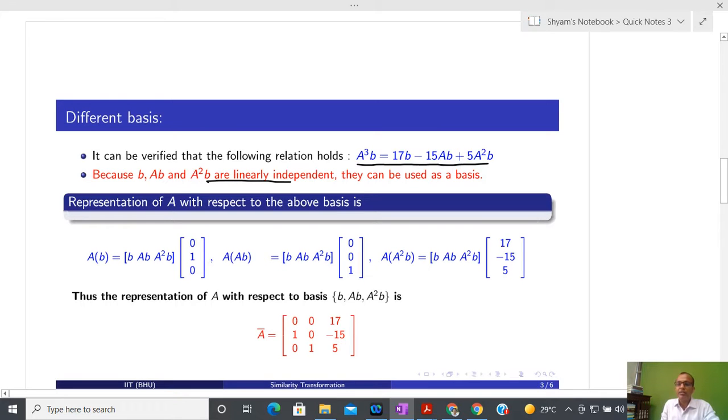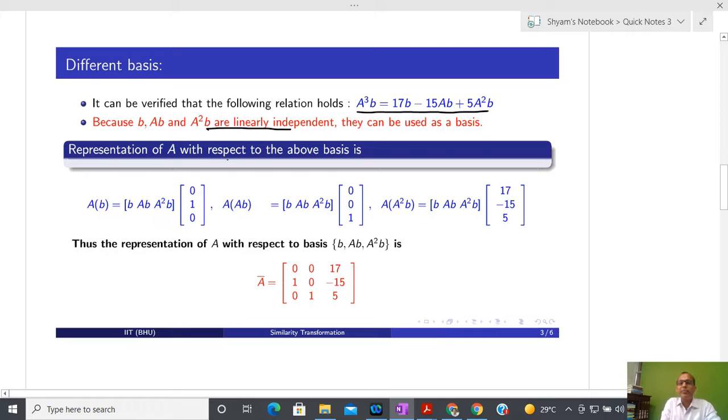Okay, so now if you don't have confusion, I can write AB like this: AB, A squared B, and 0 1 0. If you multiply this 1 cross 3 matrix and this 3 cross 1, finally only AB will appear. Similarly, I can give one entry here, so A squared B will appear. After that, I know that if I know AB and A squared B, I can express A cubed B using this relation, and due to that reason this function 17 minus 15 and B comes into the picture.